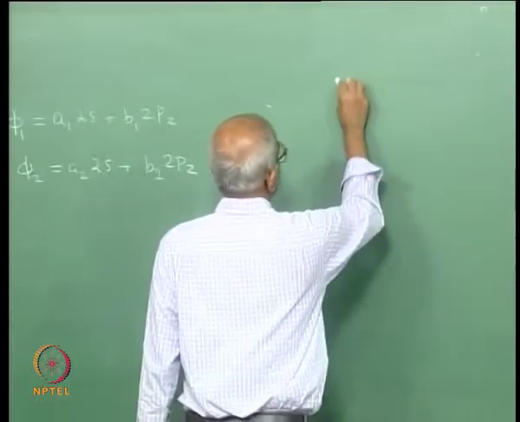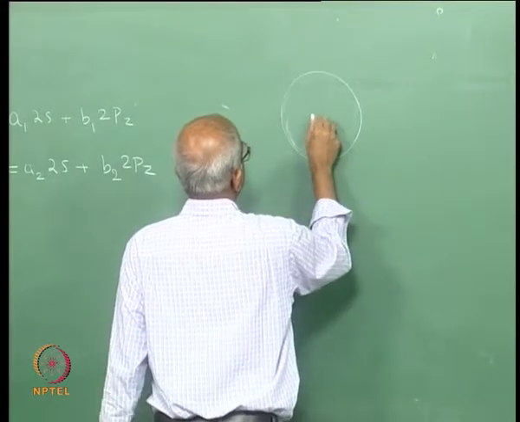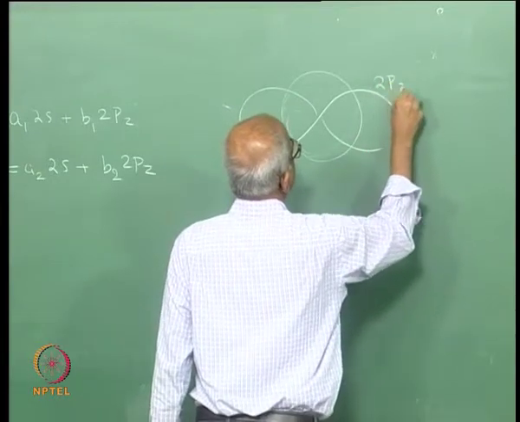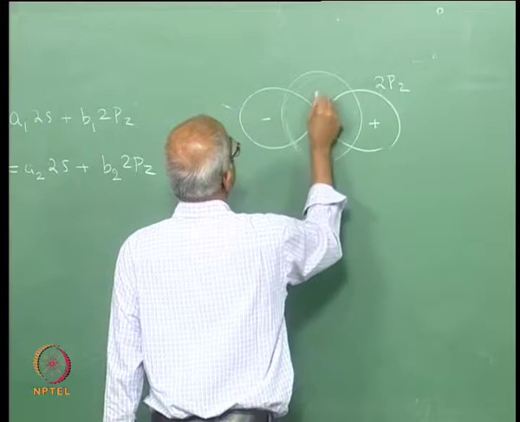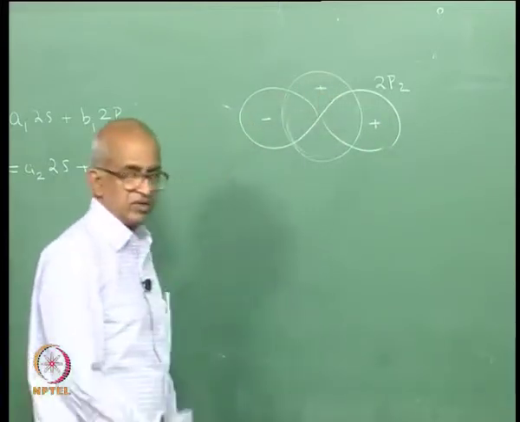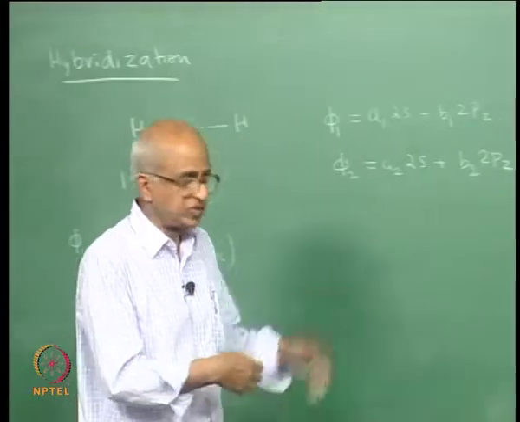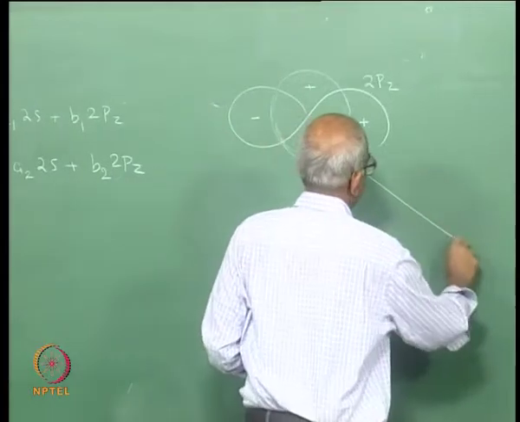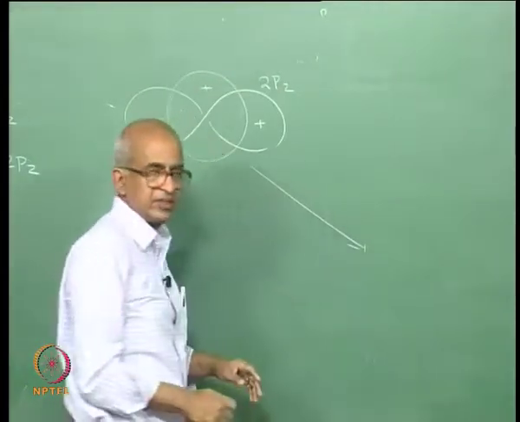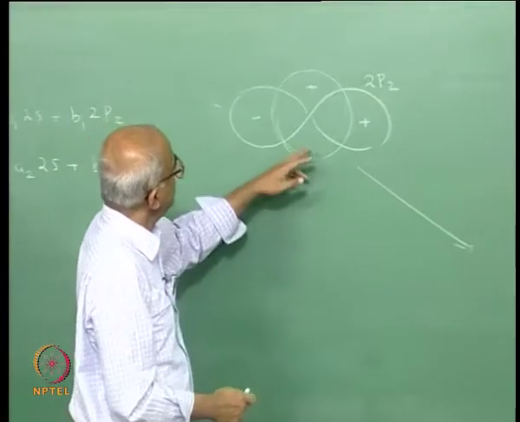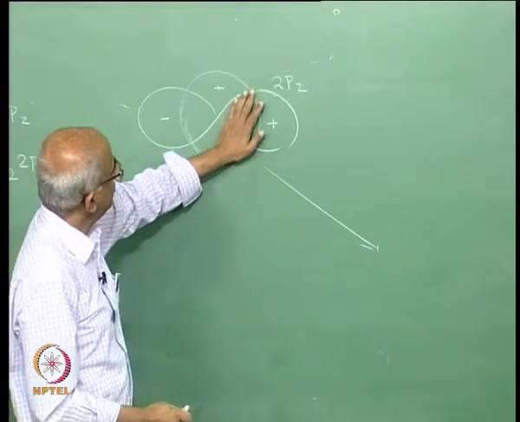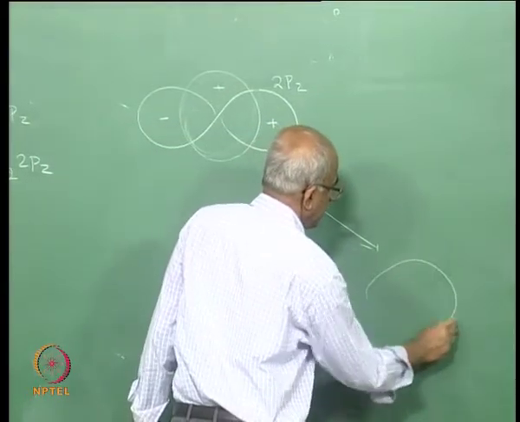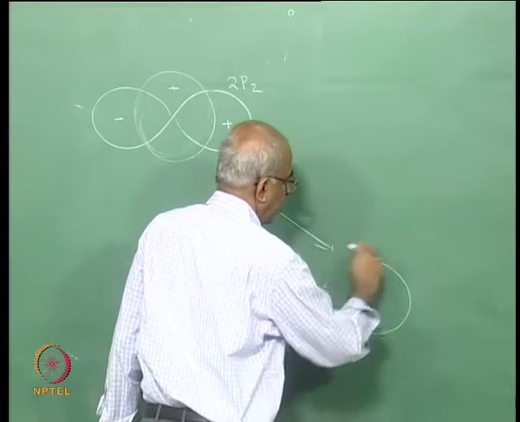See, this is my 2s, which I represent by a sphere, and that is my 2pz. The 2s is positive, you can say the 2s orbital is having a positive value, let us say. And so, if you added the 2 up, suppose you add the 2s with the 2pz, what will happen? Well, in these regions both 2s and 2pz are positive. So, therefore, you will have a positive region which may be represented by a lobe of this shape,